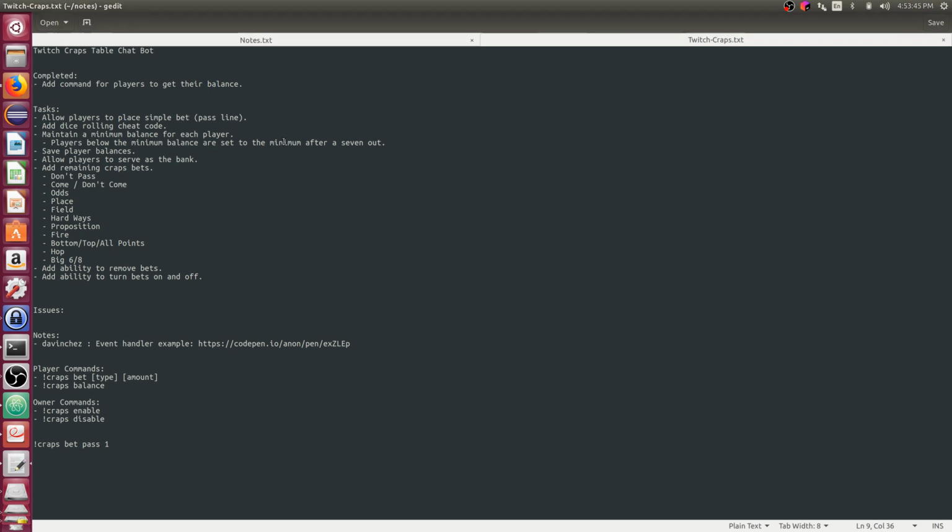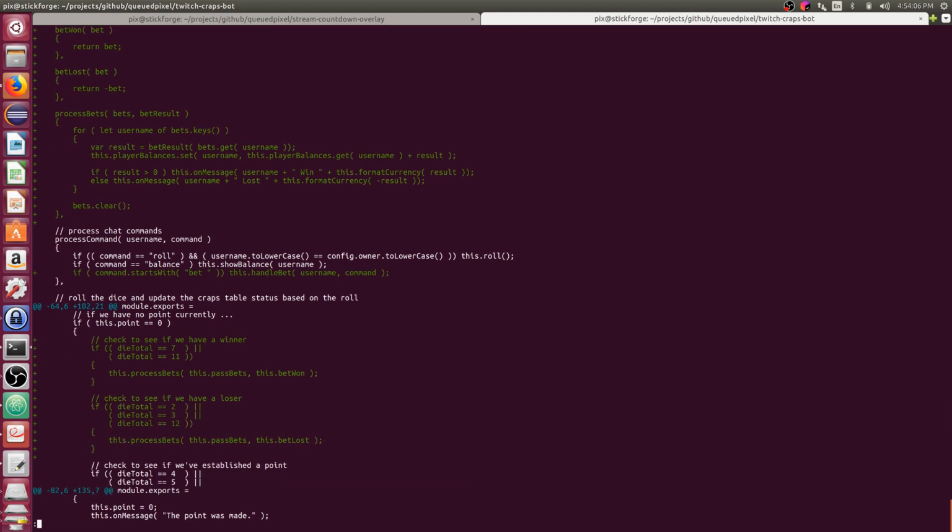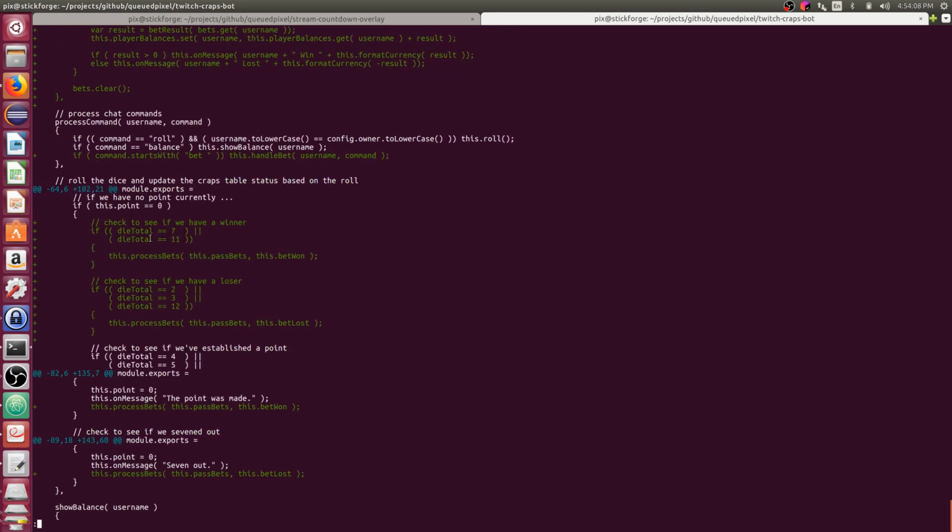So yeah, I think that die rolling cheat code will come in handy. I won't add it right now because I want to finish up the current process, but that's the thought. So we clear the bets. For process command, we've added a new command, a bet command. Then we have the logic to check if we've won. So in the come out roll, if we don't have a point,